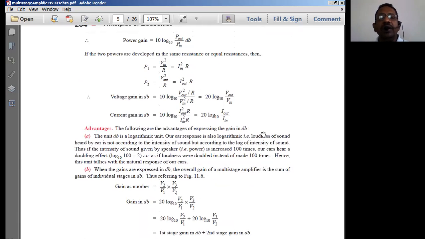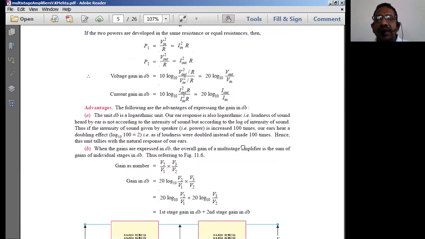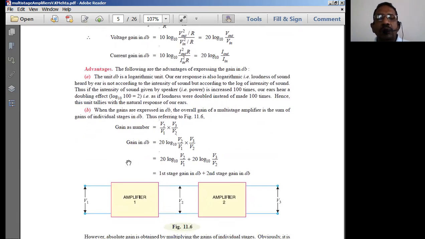And the gain we get, we usually consider as a gain in dB. Why do we normally consider gain in dB? Because if you consider gain only in ratios, we have to keep on multiplying the gain of one amplifier with the gain of another amplifier. The more amplifiers you connect, the more individual amplifier gains have to be multiplied to get the overall gain of the amplifier circuit.